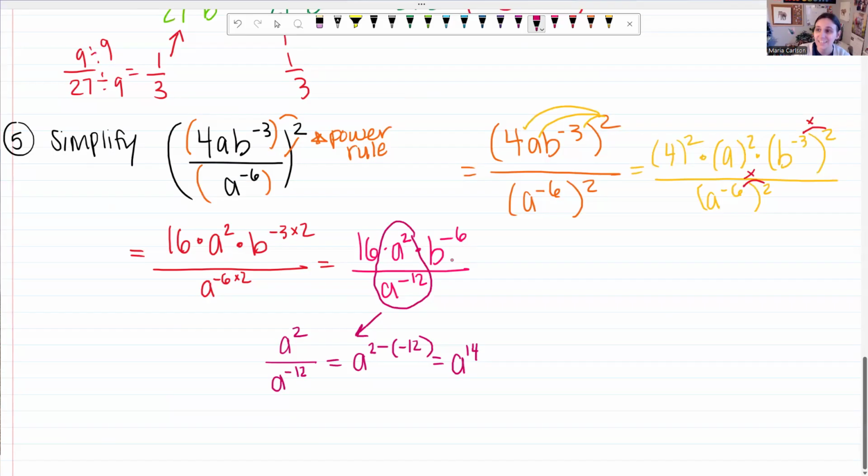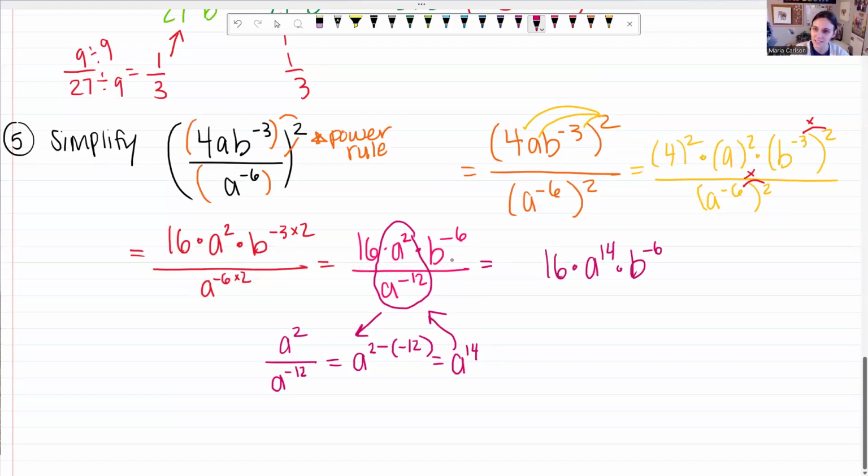And that's because we have a negative exponent in the denominator. A negative in the denominator really means we have a positive exponent up top. So negative 12 a's in the denominator means we have actually 12 of them being multiplied in the numerator, along with the 2 that are already there. So this a to the second power over a to the negative 12th, I can simply replace all of that with a to the 14th power. So my final answer, we have 16 times this a to the 14th power times b